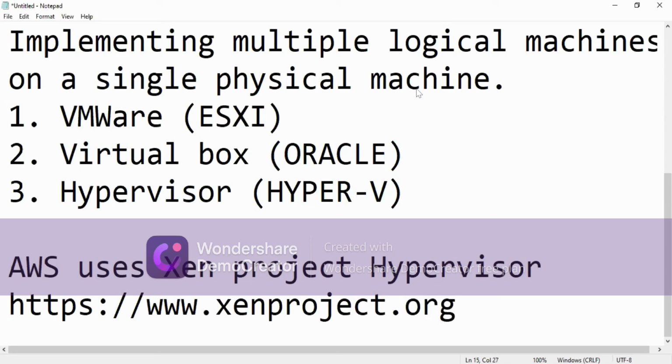This is the website where you can log in and understand about the Xen Project Hypervisor. Every time we don't call it Xen Project Hypervisor, we generally call it Xen Hypervisor. So this is the virtualization method used by AWS for running the cloud service.